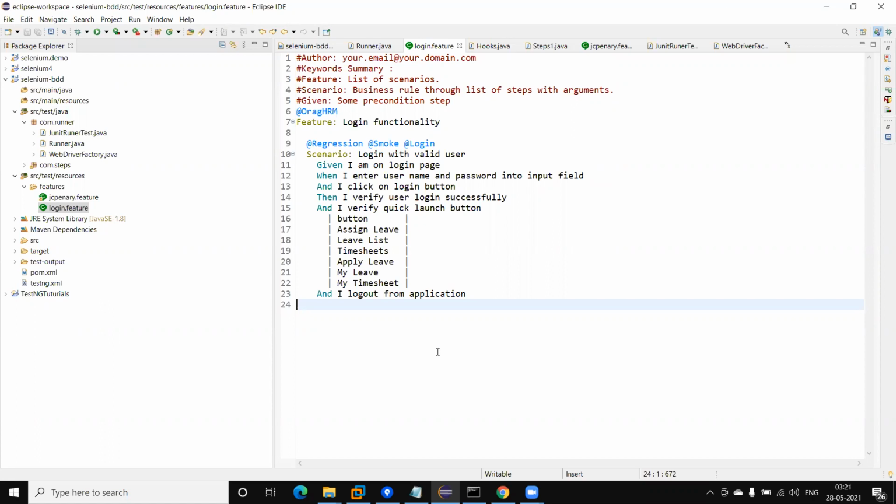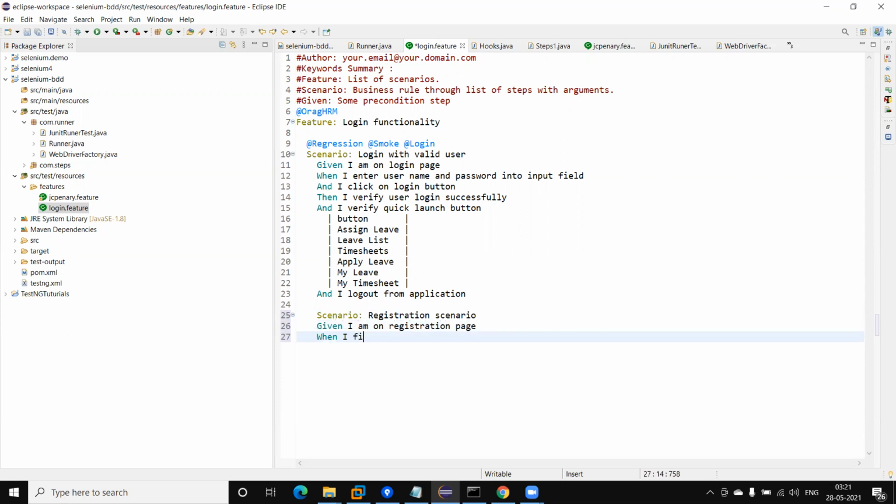So now suppose I write one test scenario. This is registration. Here I have given: I am on the registration page.